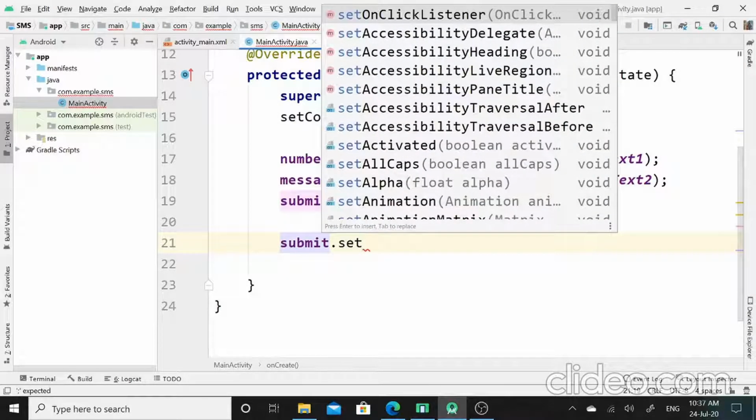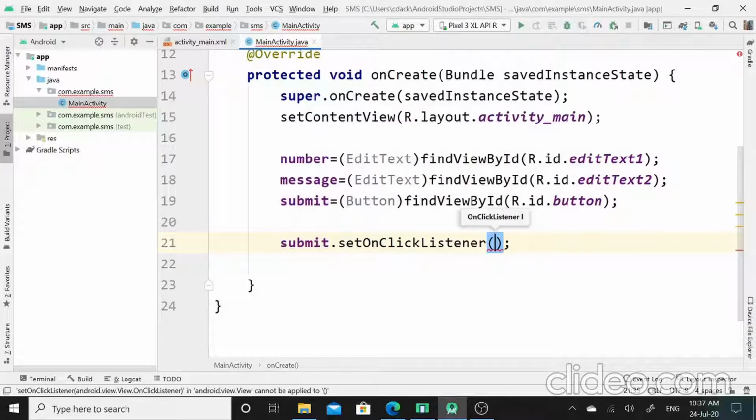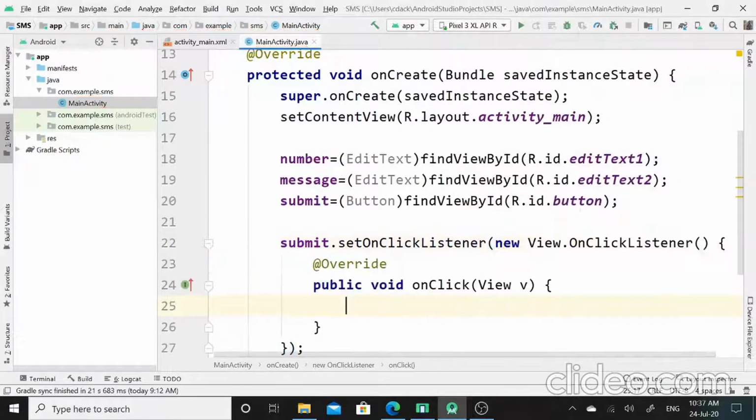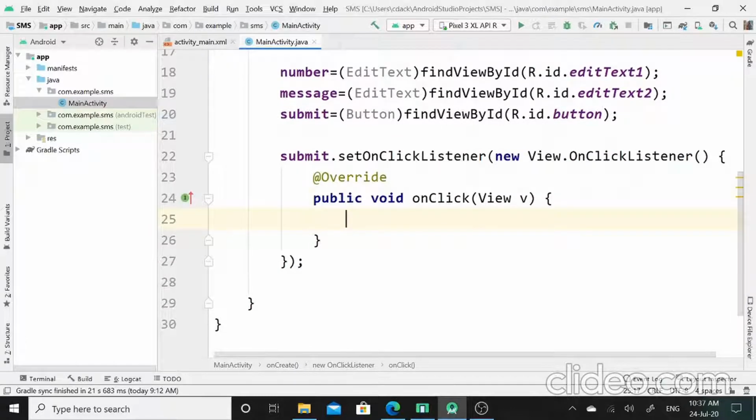Here I will call setOnClickListener method, and here I will call View.OnClickListener interface. This is abstract onClick method of OnClickListener interface, and here I will write the respective code to deliver the message to the respective user.